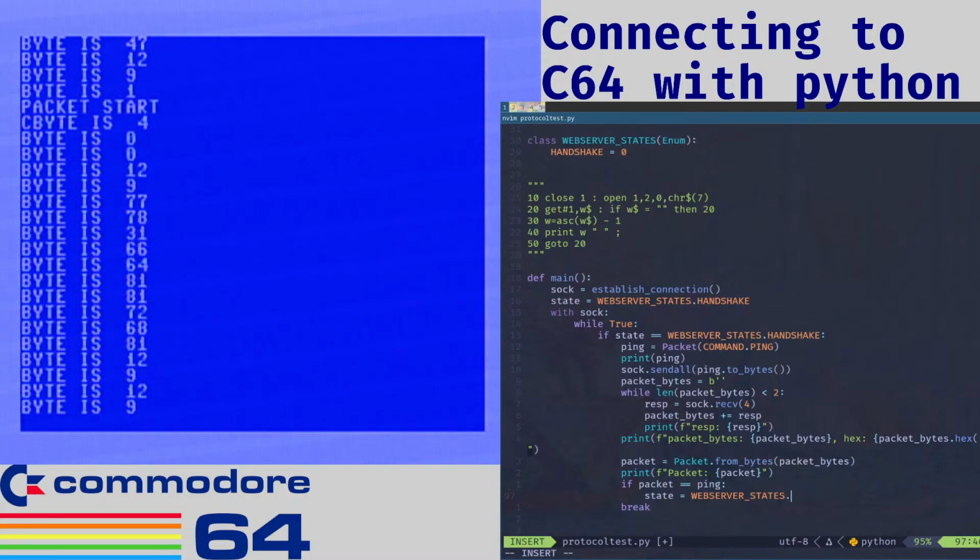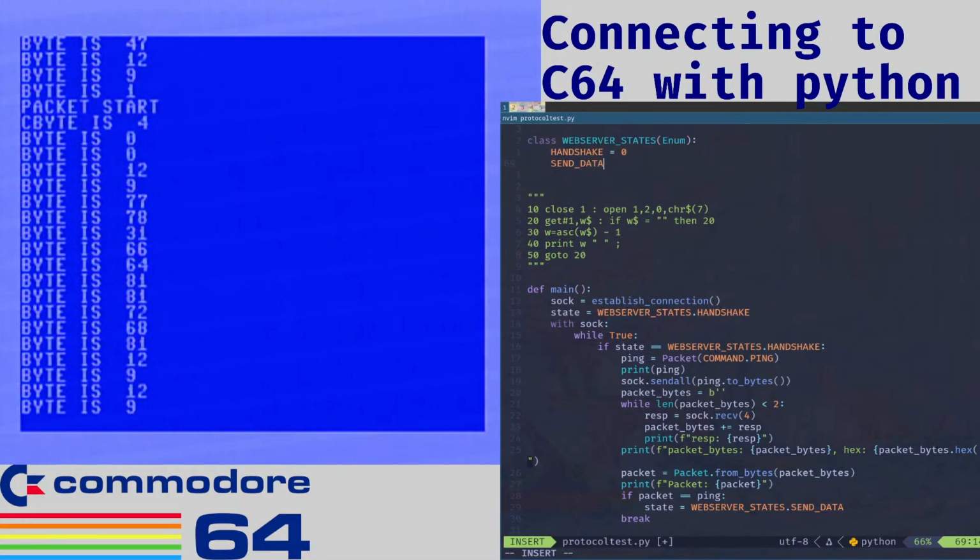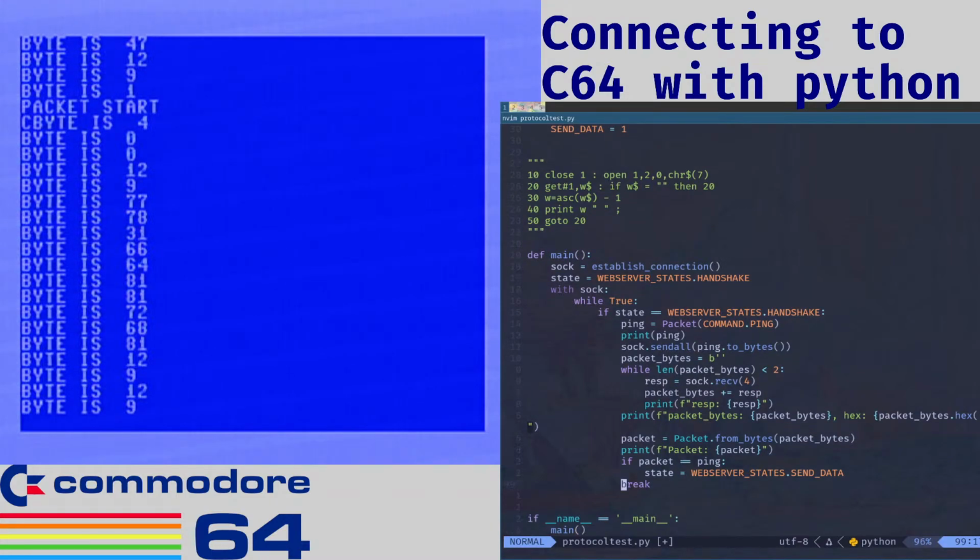Yeah, let's say send data, and let's make that a state. Send data. And this will change eventually because I am thinking already now that we have two functions, I already want to break this out into a class. I'm going to resist that for now, but whatever. If elif state equals web server states dot send data,